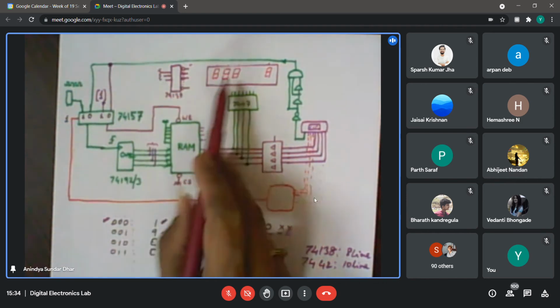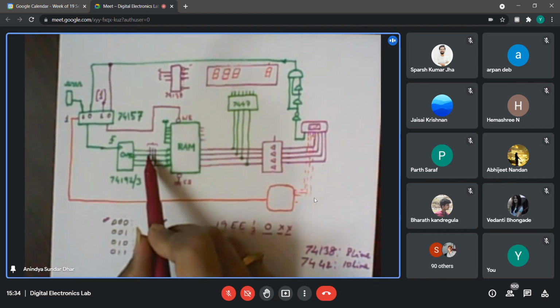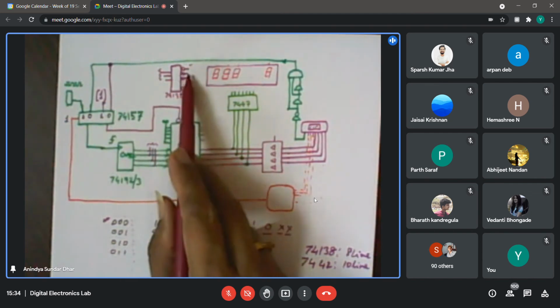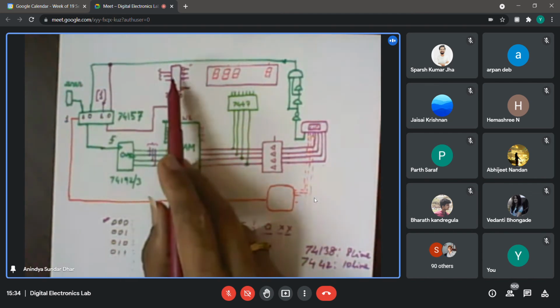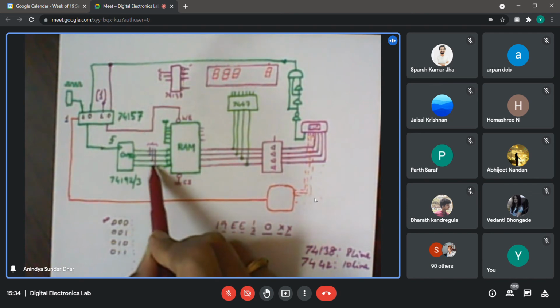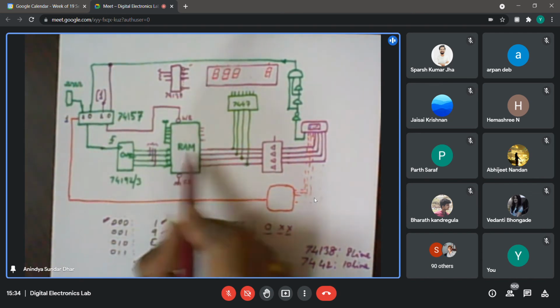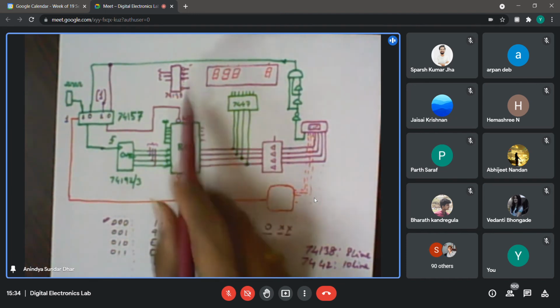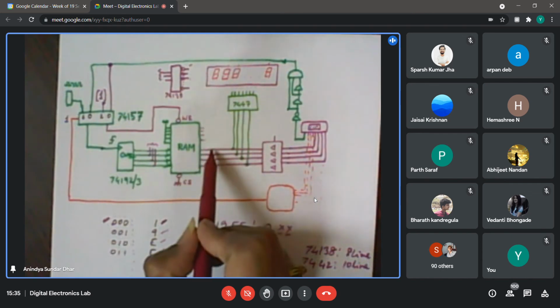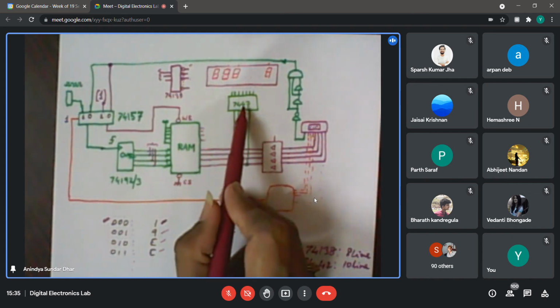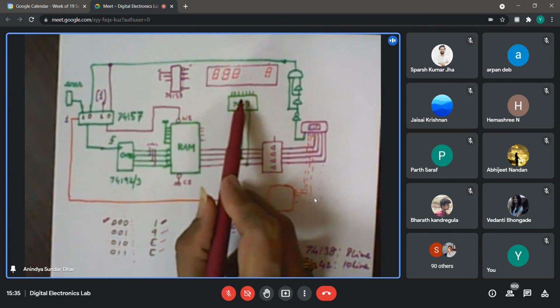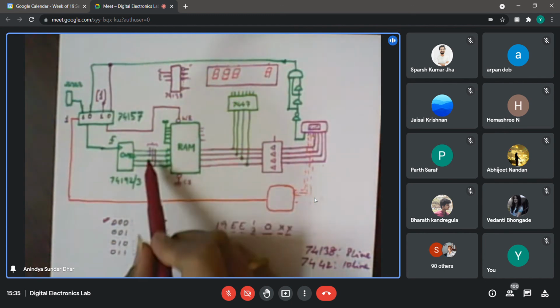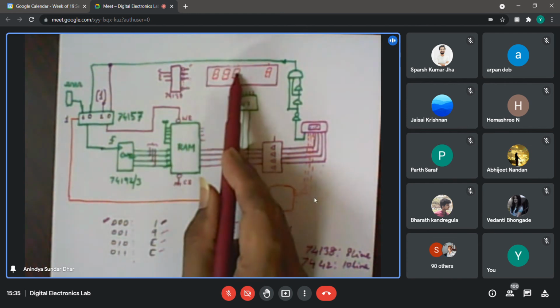Suppose at the third location, the address is 011. Now the third output will become low, but that will happen only after 1 tick time from the counter settling to 011. Now what about the RAM? The RAM output will also come after 1 tick period from that. So these two happen at the same time, when I'm choosing a particular display and when the data is coming. Then 7447 will have another time delay by a clock tick unit. Whatever is supposed to be displayed at the third place, this counter is generating the address 3, so after 1 tick period it says, okay, you turn on.